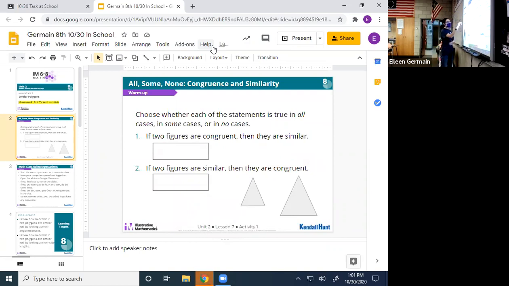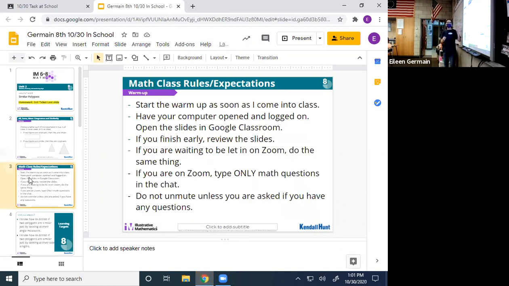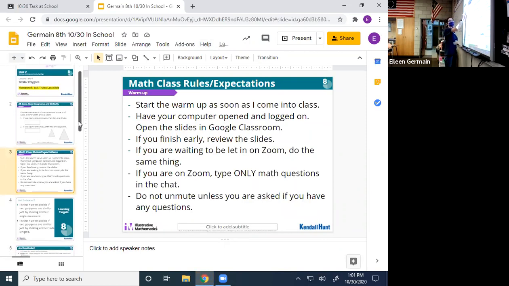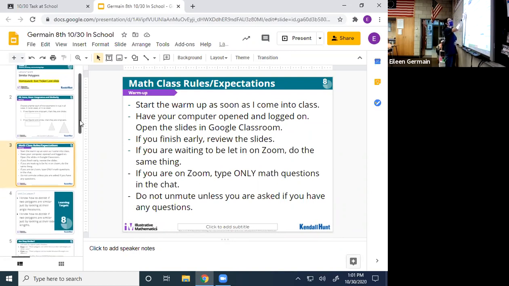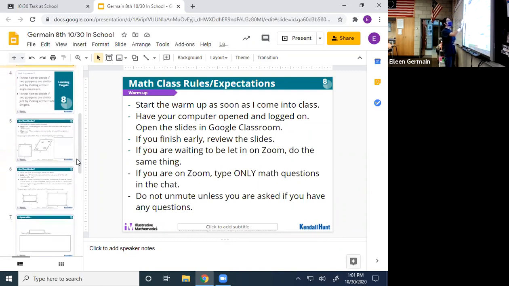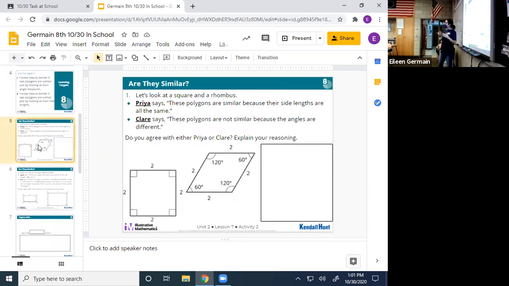So this next page is actually, oh my gosh, who was it? Miss Albert put that in because her kids are less experienced with Zoom. So we don't need to go through those expectations because we know what we're doing. So if you're in your textbook still, you don't have to flip the page, you're going to look at the page that looks like this. It's right next door. If you are on the slide, slip and slide down to slide number 7.